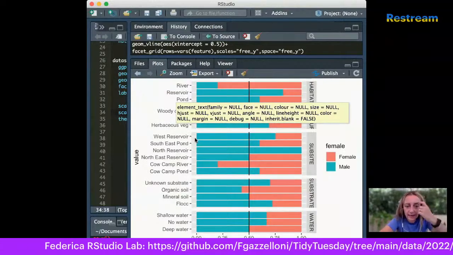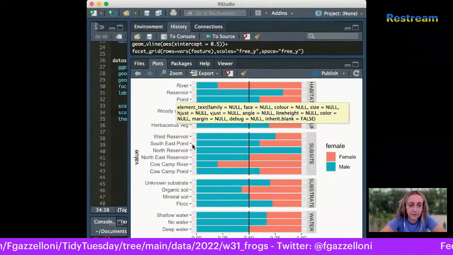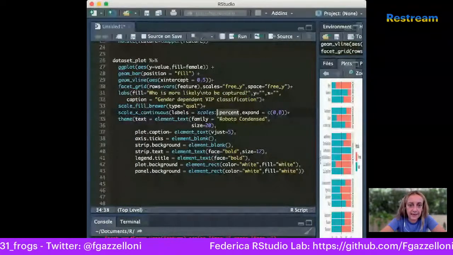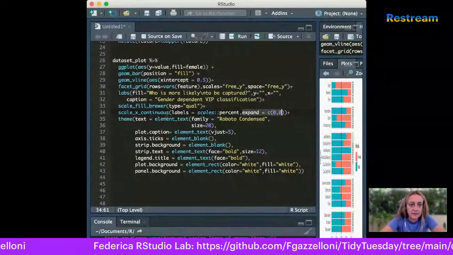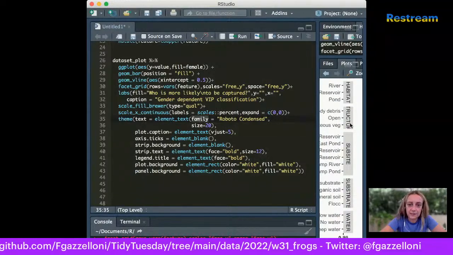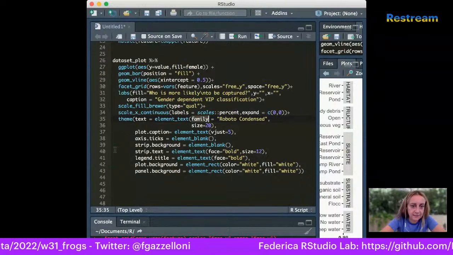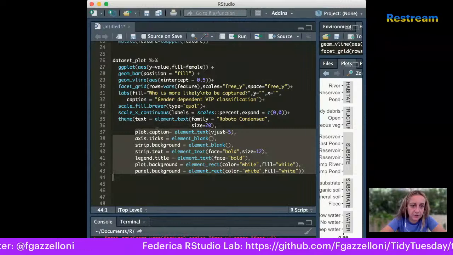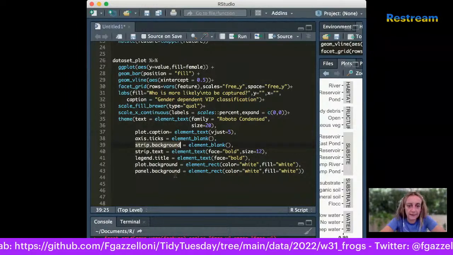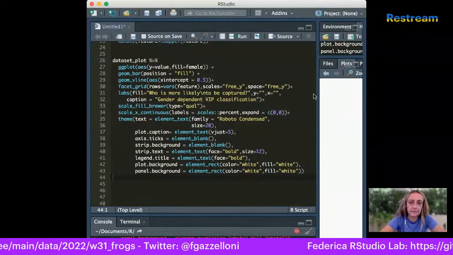Okay, this grayish part on the left and the right side will be covered with the bars using this expand. And then the theme elements, setting the family for the type of characters to Roboto Condensed, the size, and then some other specifications for the caption, axis, backgrounds, and things. So if we run this, we can see that